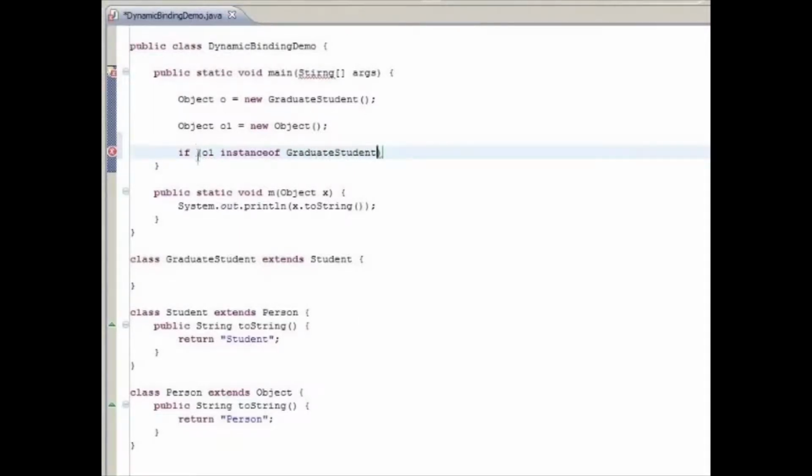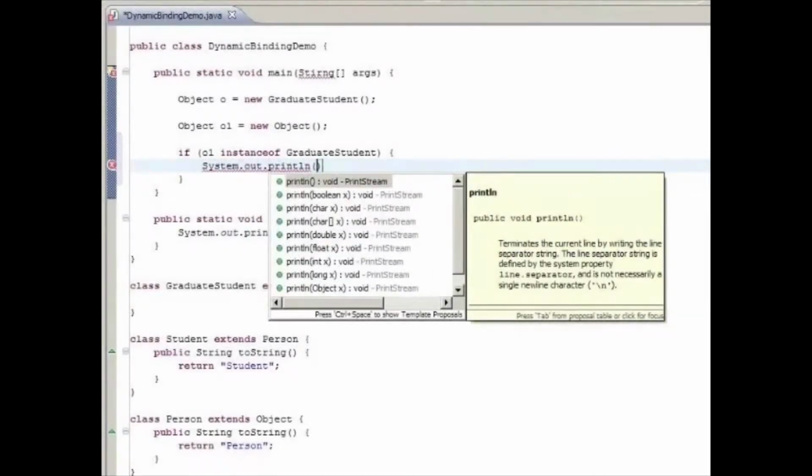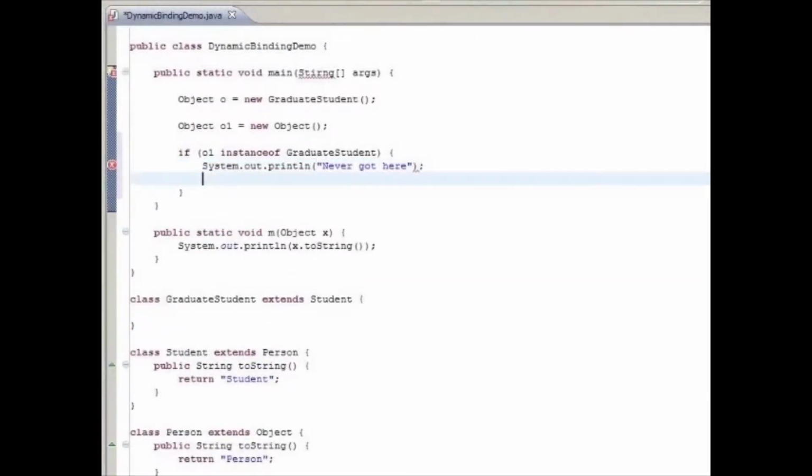What this is saying is, even though we're only storing an object, even though our variable type is only Object, we can actually find out the real type of the object that we have here using the instanceof operator. So what we're going to do here is System.out.println "never got here", "graduate student",